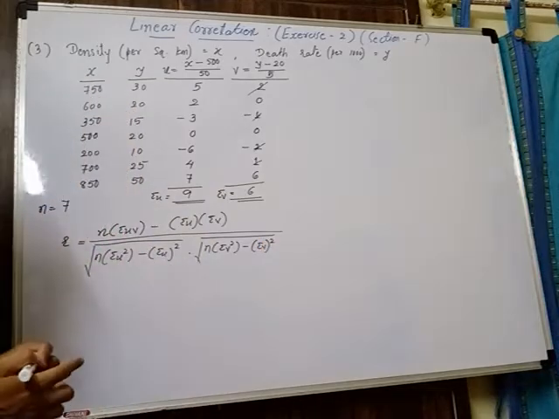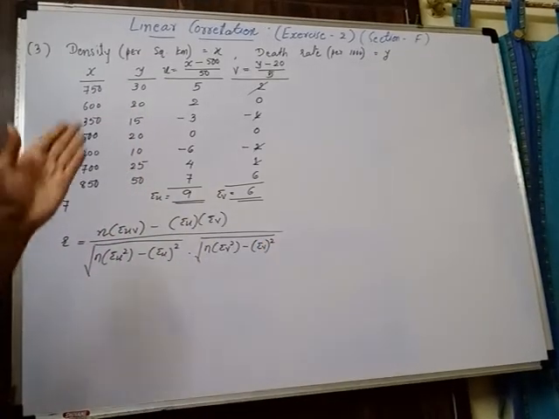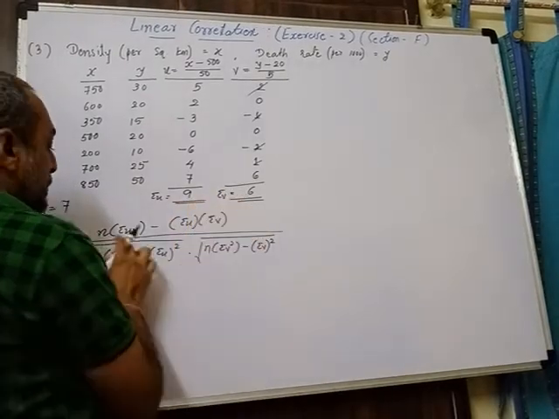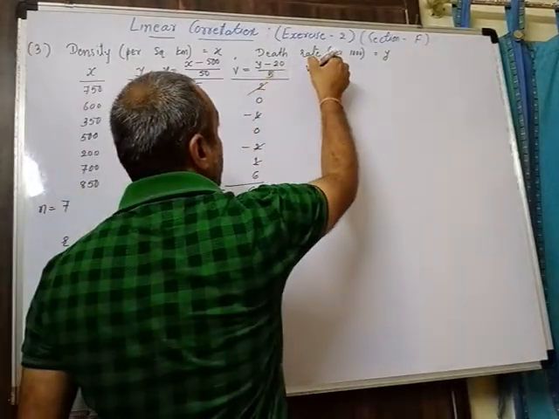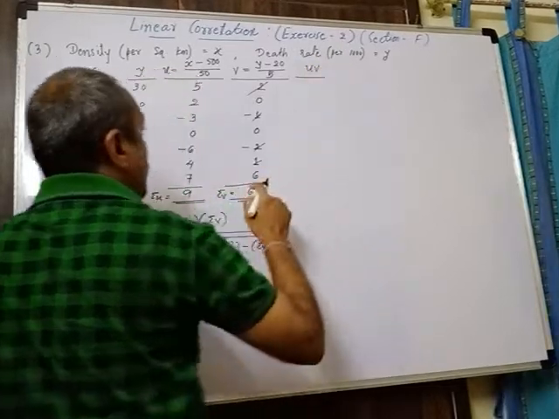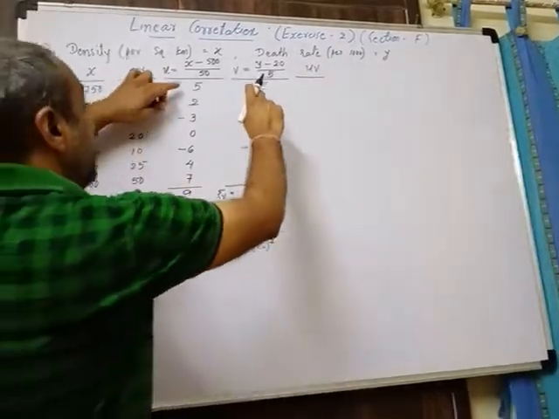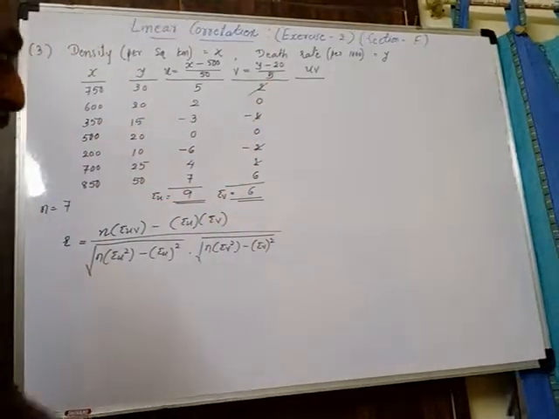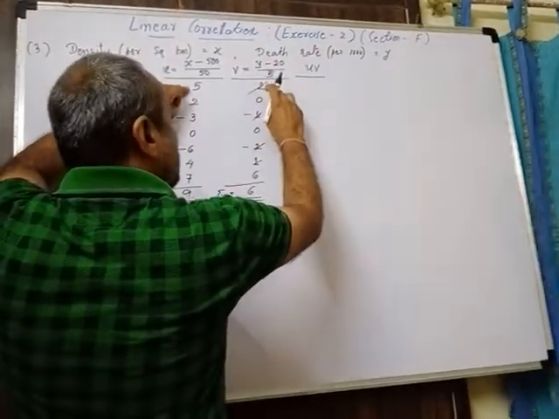This is your formula. Now according to this, we'll prepare the column. So u and v are already available. Sum of uv we have to find out. So we'll prepare the first column, u into v column. Now you can see this multiplication is very easy for us because there are only one-digit values available. So we'll multiply the values.